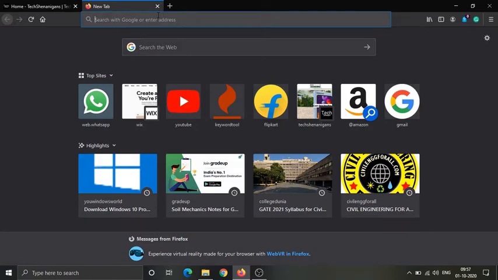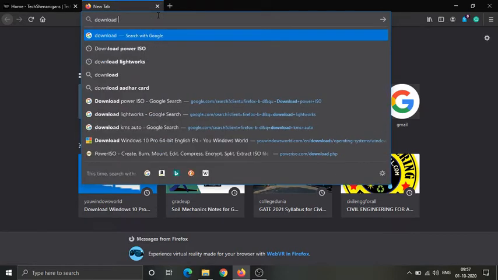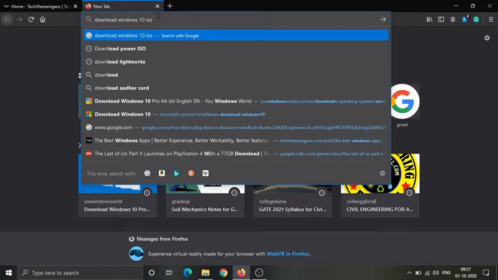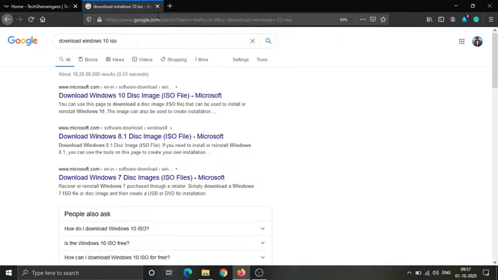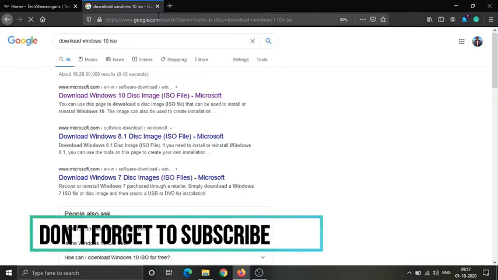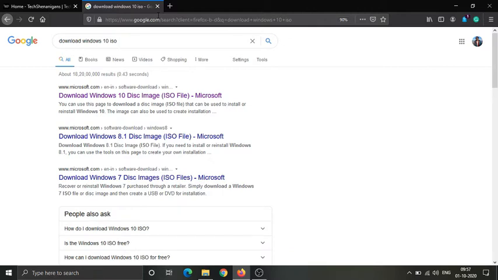Next up is to download the Windows ISO file. You can download it from the official Microsoft website, but to buy the full version of it, you have to pay for it. You can download it for free from the Microsoft website itself, but it's the trial version. It will show you activate Windows Now on the corner of your screen. Or if you want it for free, you can just download it from the torrent, which will be illegal, of course.